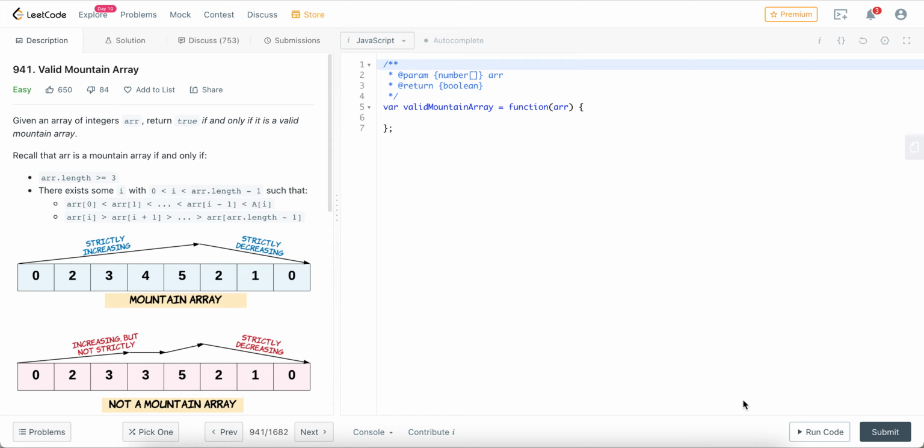Today, December 10th, LeetCode's question, 941st question, valid mountain array. The description goes like, given an array of integers, return true if and only if it is a valid mountain array. Recall that an array is a mountain array if and only if array's length is 3 or greater, and